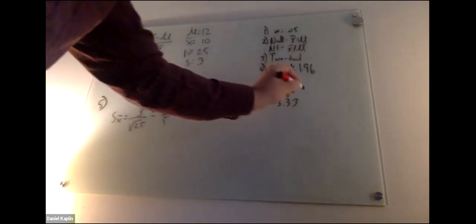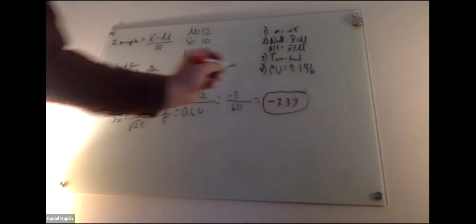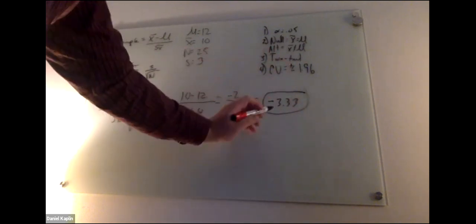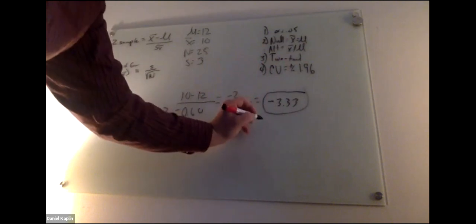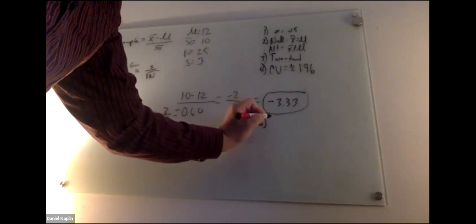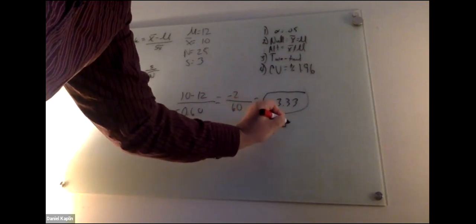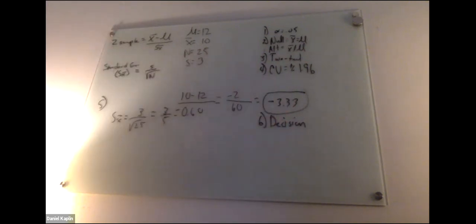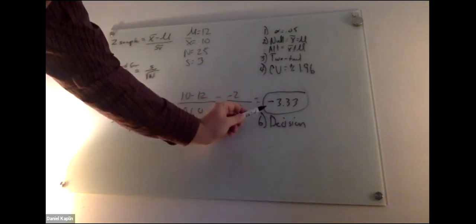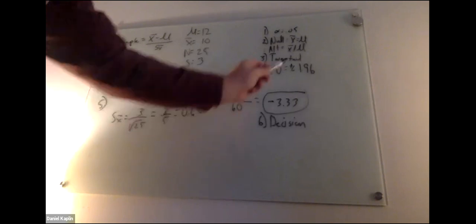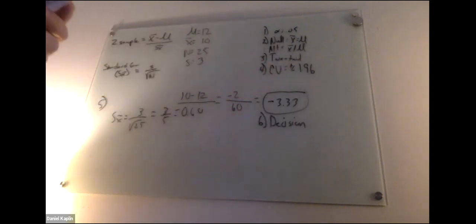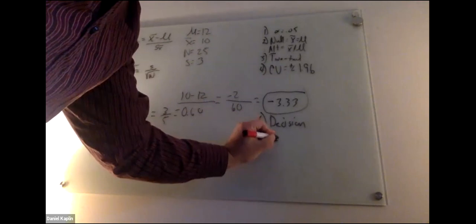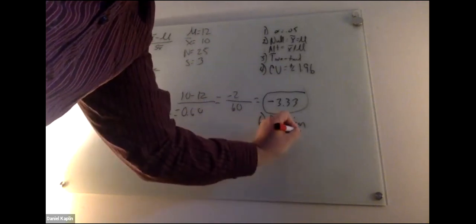So number 5 is to actually calculate your answer. So our obtained value is -3.33. And now we have to make a decision. Are we going to accept or are we going to reject the null hypothesis? The general principle is that if the obtained score is equal to or greater than the critical value, then we will reject the null. So in this case, we reject the null